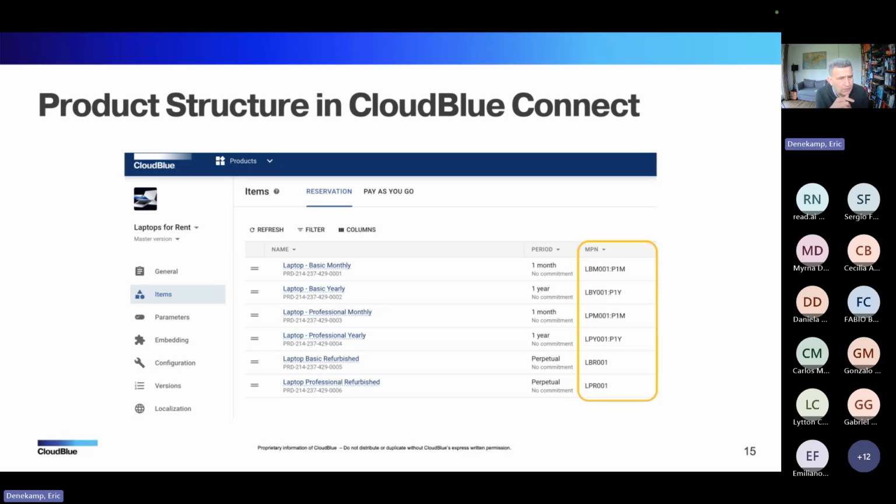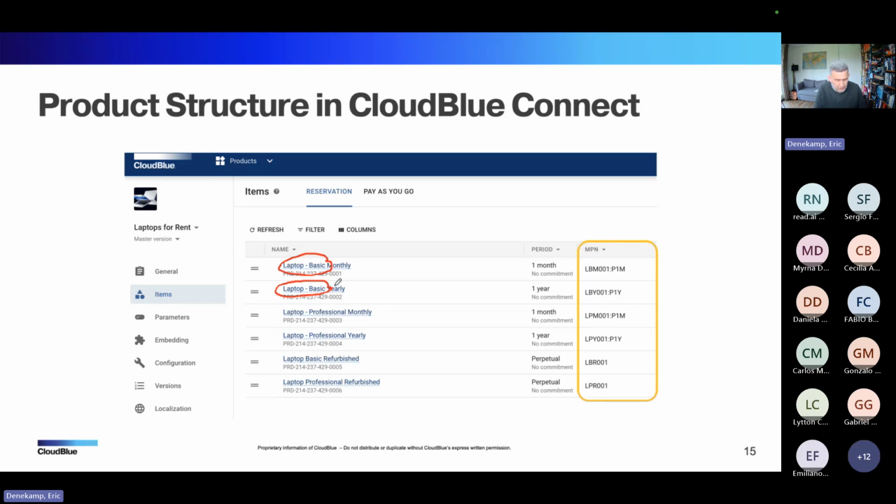In Connect, we do have a very flat structure. As you see, we have a laptop basic. Basically, it means that we have the same device or same type of device.